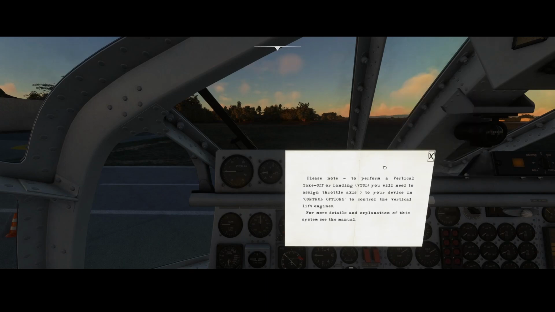Right, so first of all, you will get a warning which says, please note to perform a vertical takeoff landing, the VTOL, you will need to assign throttle axis 3 to your device in control options to control the vertical lift engines, right? So that's something which is really important, right? Because besides taking off normally, this aircraft can take off using the vertical mode, which means you don't need to drive, but you just go up in the air or down from the air to the ground. But for this, you need to make sure that you assign throttle axis 3 to your